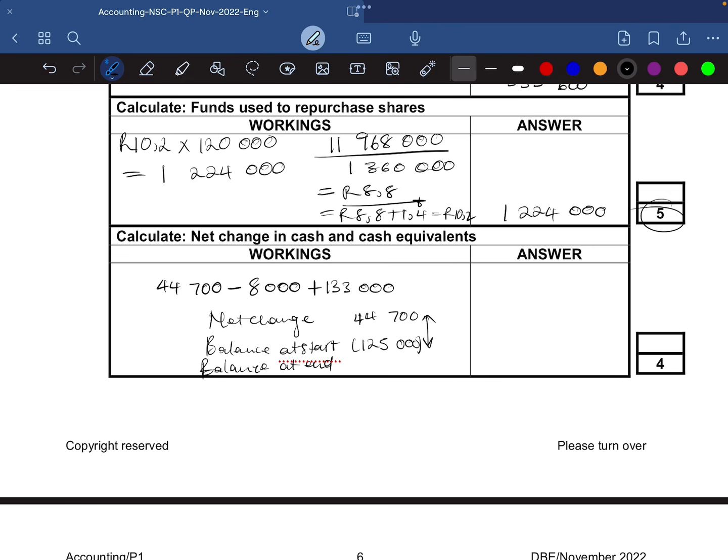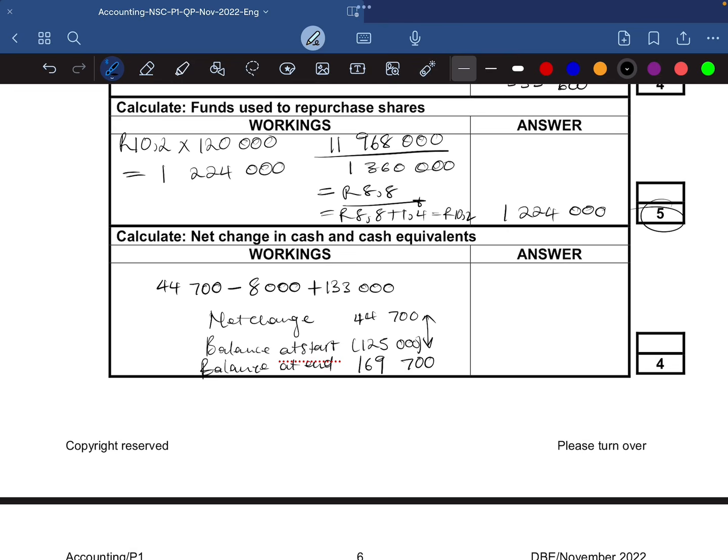Here you would first clear this 125 by adding 125, right? And how do you move from 0 to 44,700? It's actually adding 44,700. So that's how you get your net change. Let's quickly calculate: 44,700 minus 8,000 plus 133, so that's 169,700. So we had to add 169,700